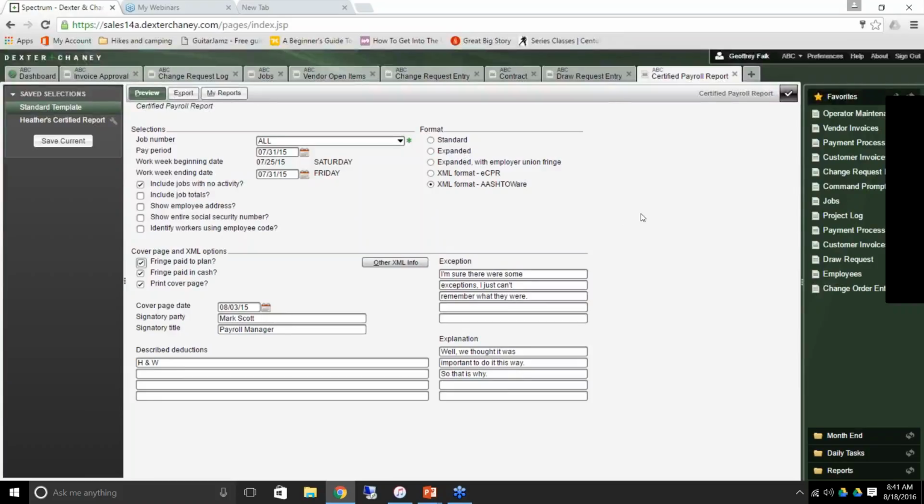And that's something too that is different. And I guess I forgot to harp on that because I just take it for granted. In version 13, when we released it, the features that were there were the features we had. And we would do bug fixes, but there were no new features that would come online. In version 14, we've changed stuff in the back end. So we're adding new features all the time to the software. Every service you choose to use or not, you don't have to use them. And so like I said, the ASHTOWARE, this came out in the service pack that we just released. ECPR came out the last